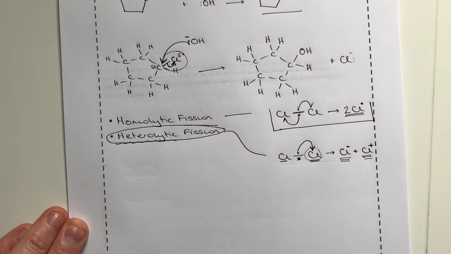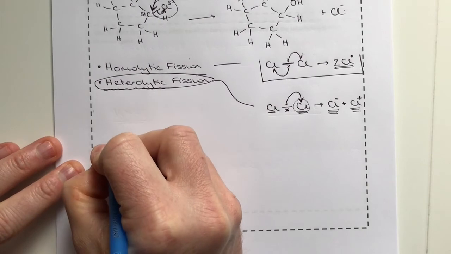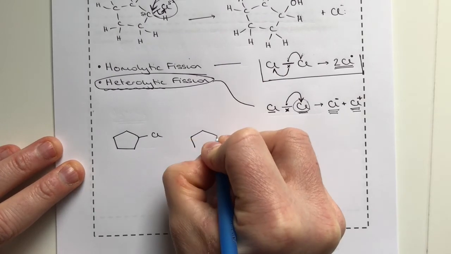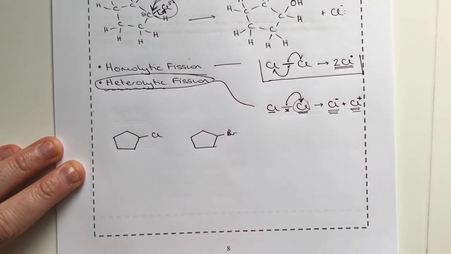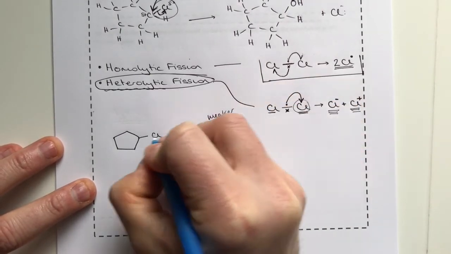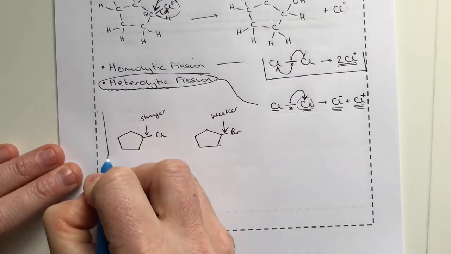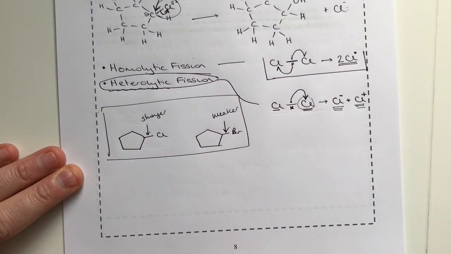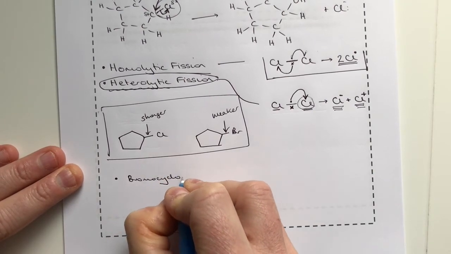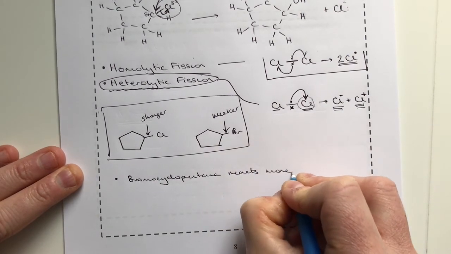Right, finally then for this task 11, the reason for the difference in rates of hydrolysis. So this is the point where we're comparing the rate of hydrolysis of chlorocyclopentane compared to the rate of hydrolysis of bromocyclopentane. And this is where you just need to know that a carbon to bromine bond is weaker and a carbon to chlorine bond is stronger, okay? That's just subject knowledge that you need to have in your head. So at this point we would say bromocyclopentane reacts more quickly